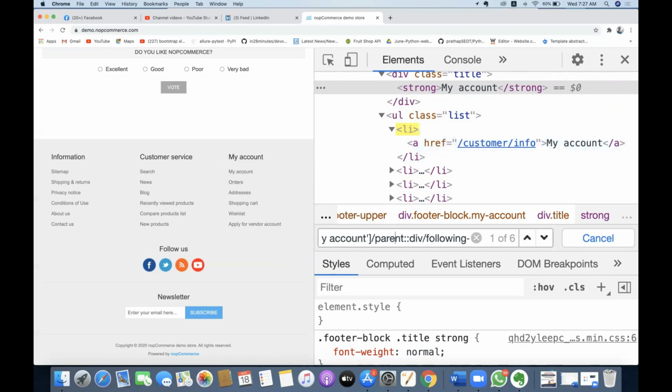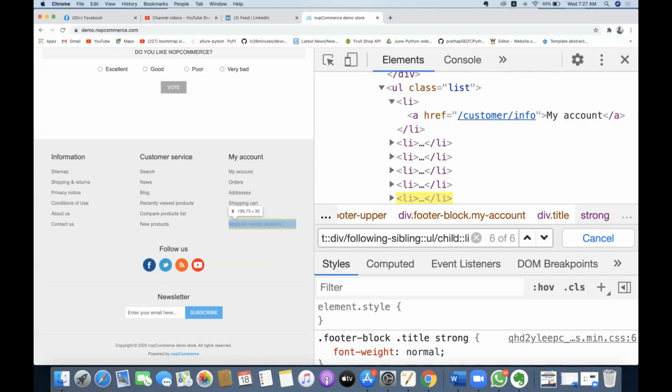Now to get more precise elements, I'll use my LI. I'll be getting all LI. Sometimes under this LI we might have another element also. So I want to get all the HTML tags of type A. Under LI, I want to get only the anchor tags.